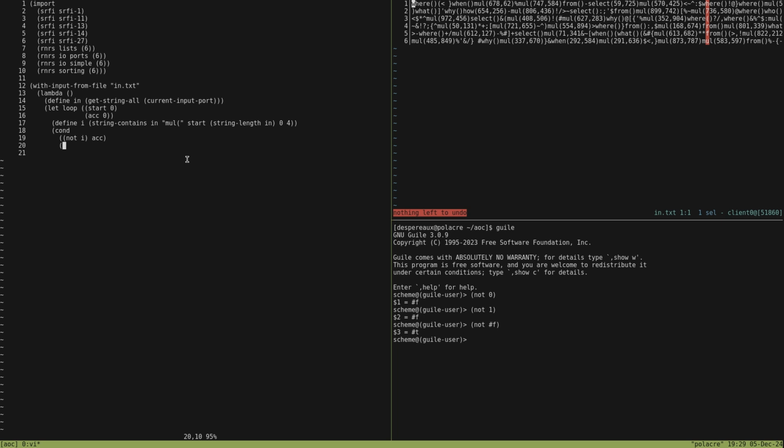What is the best way of doing this? It might not be with a cond, it might be with an if. So if not i, accumulator, else, maybe we want a begin form here, and we want to go